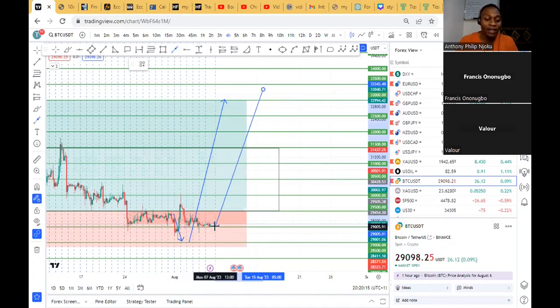So if you are an investor, buy BTC. It's more of an investment, not day trading currently. The structures I see are not advisable for day trading, but more advisable for investment. So if you have some money which you can